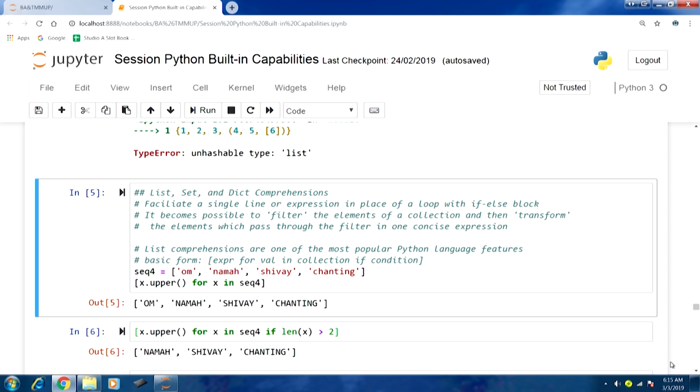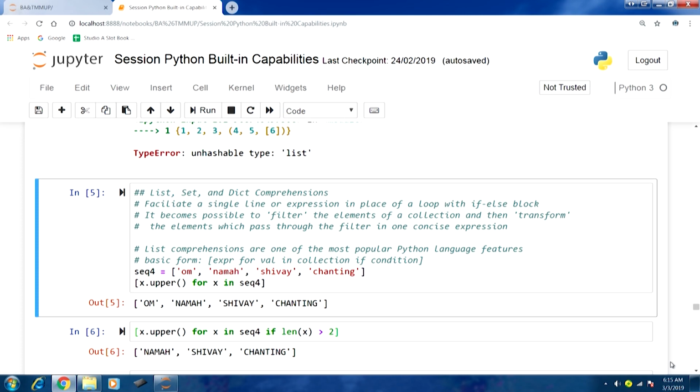Let us say we have this sequence 4, which is a list of strings, and we have these 4 string elements. The first one is Om, then Namah, then Shiva, then chanting. The next line is where we are using a list comprehension. We start with the square brackets, and within the square brackets the first thing is our expression, where we are going to transform the filtered output.